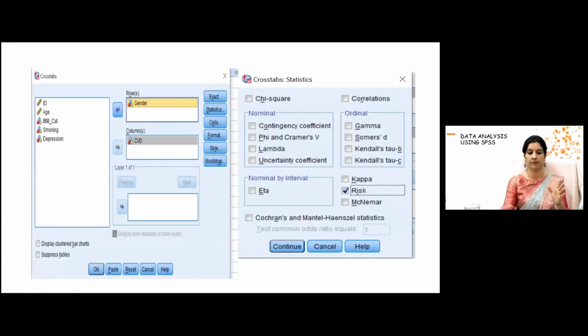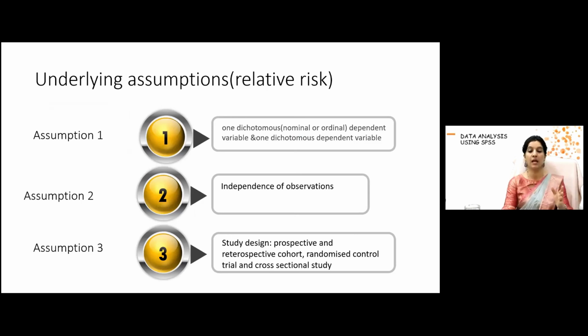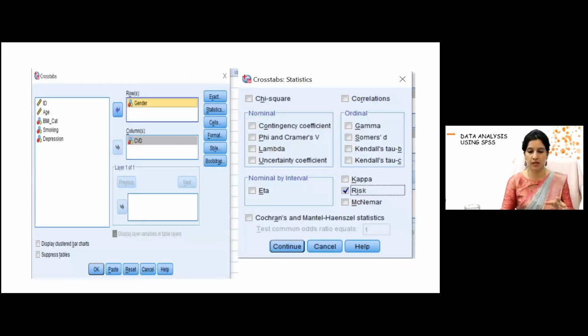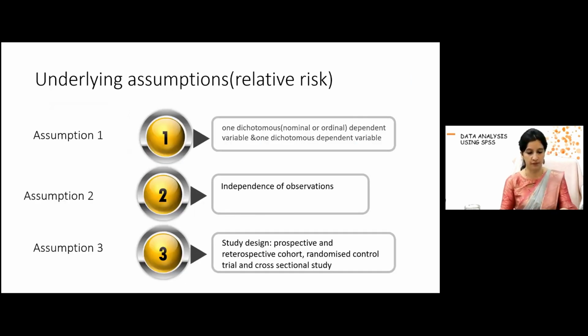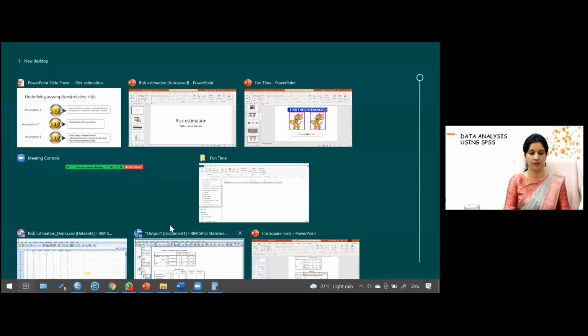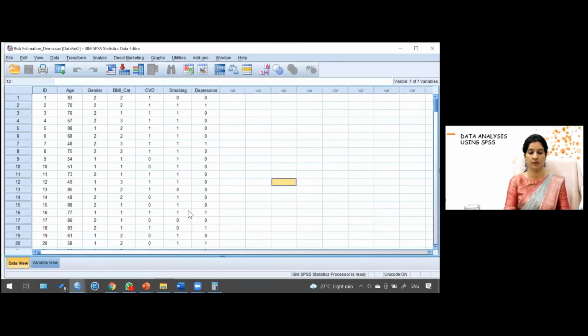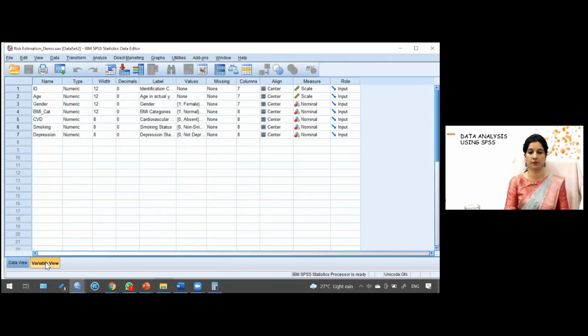I'm not going into the detail of these study designs because our focus is mainly on SPSS analysis. So straight away from here, I'll go to the data sheet, because after this the commands are there, that is for your reference. I'll go to the SPSS data sheet. I'll first explain the data sheet to you. So this is the data view. If I go to the variable view, you can see the name and type of the variable; everywhere it is numeric. Width, and you can see decimals, it is 0. You can have decimals, because age is also something I want to take in completed years.